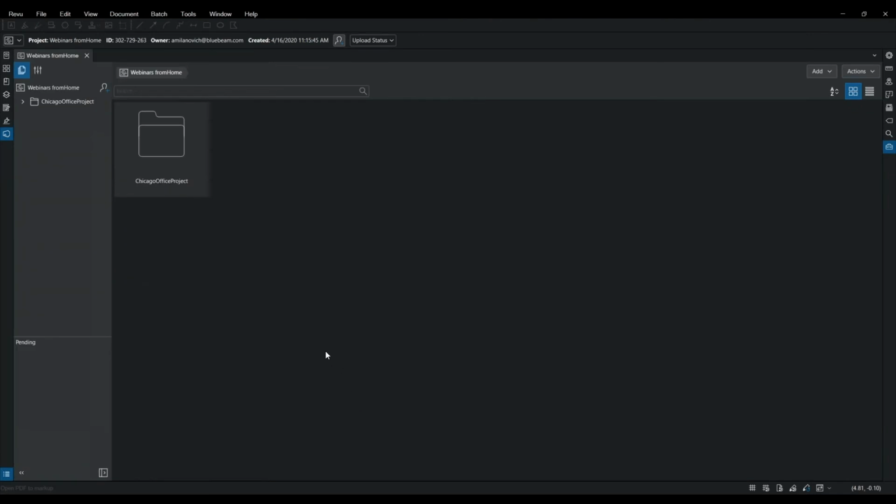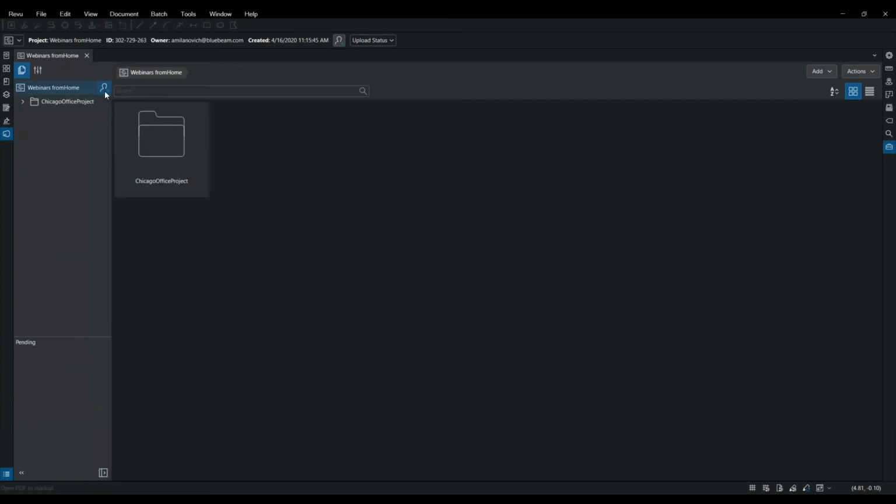Now, this is great. I have my studio project. I've got all my files. What this means is as long as I have access to the internet and Review, I can access these documents here no matter where I go. But this is like my own personal library instead of having it shared with people on my project. So what I want to do now is add people into this project so that they can look at these files too.